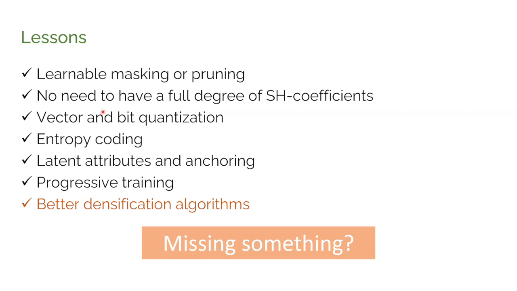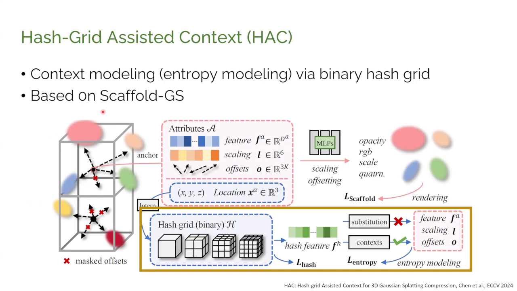there are some missing components. So I would like to introduce this particular work, which is hash grid assisted context modeling. If I talk to someone who is working on compression, this context modeling is basically the default. If you look at learned image codecs and also learned video codecs, all the techniques are using this context modeling. What that means is that, eventually, at the end of the day, we are going to do entropy coding, and this entropy coding is based on the entropy. Entropy is about the uncertainty, and